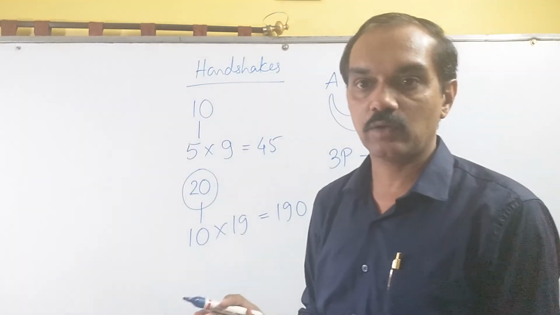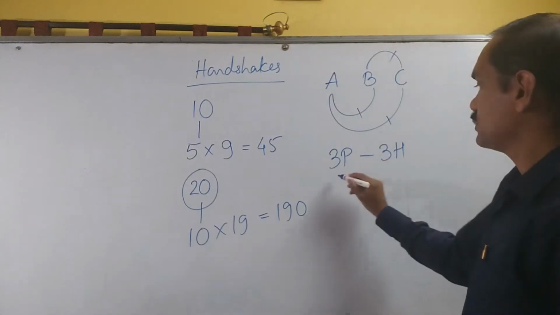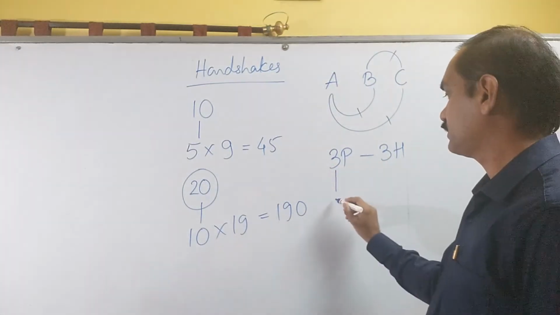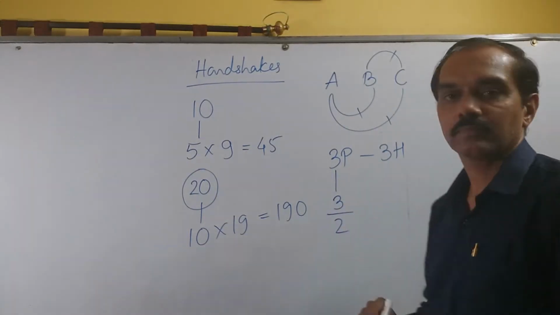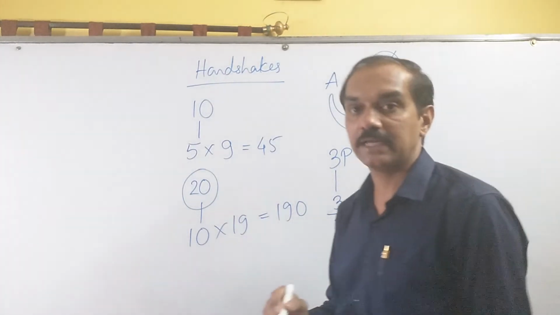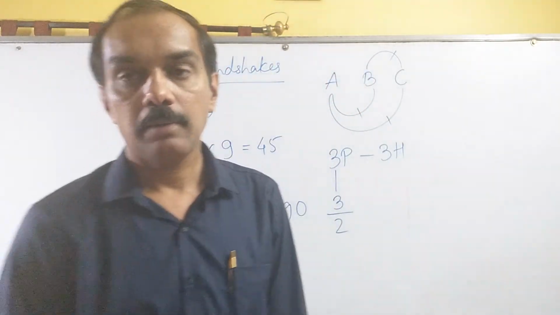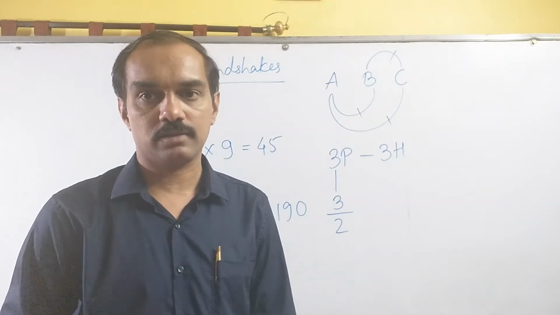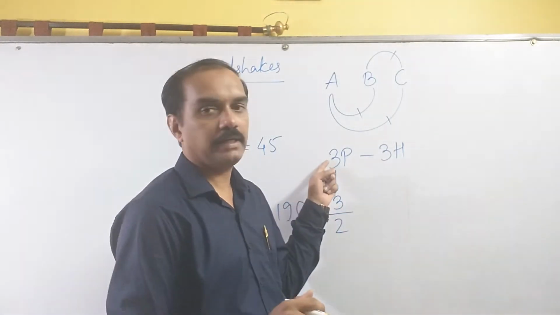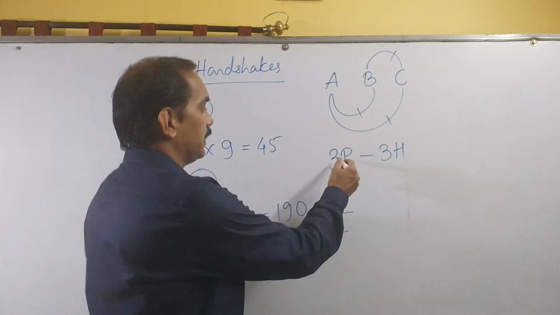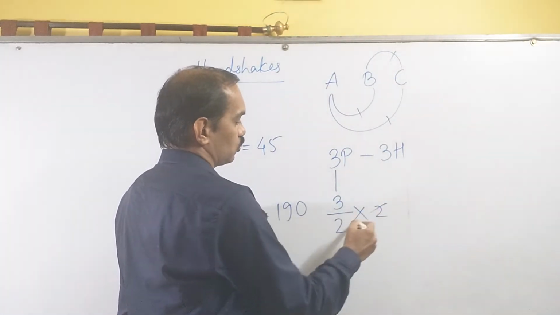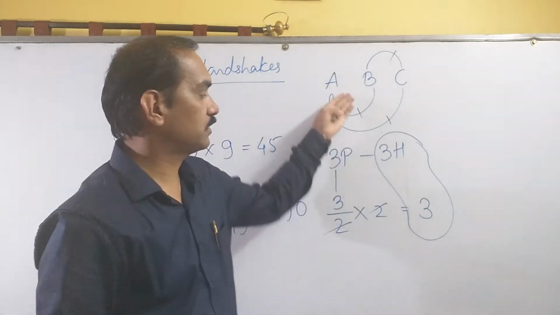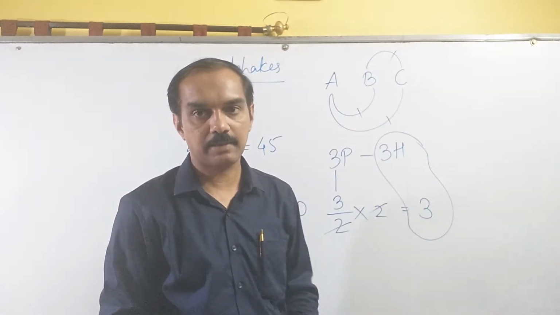This is practical. Now let's see the theory part. Using the trick, half of 3. There are 3 persons. Half of 3 is, don't write 1.5, it is better we write 3 by 2. By 2 means half. By 4 means quarter. Right? So half of 3 is 3 by 2. 3's preceding number is 2. 2 will get cancelled and the answer is 3. This is practical, this is theory. In both cases we are getting the same answer.